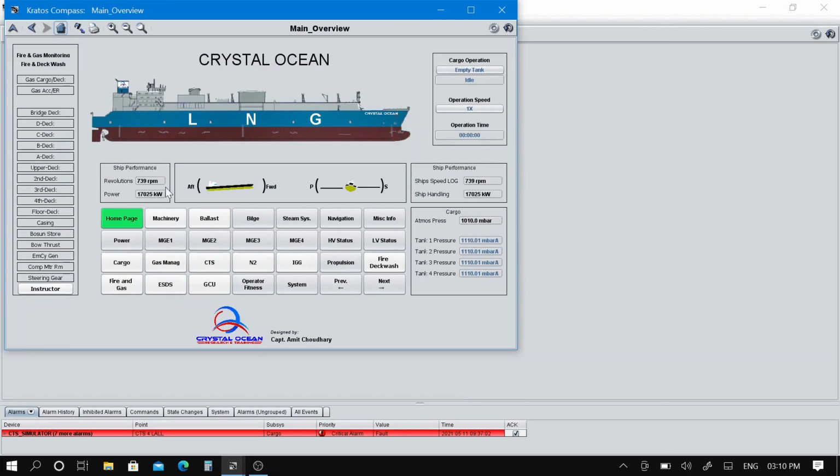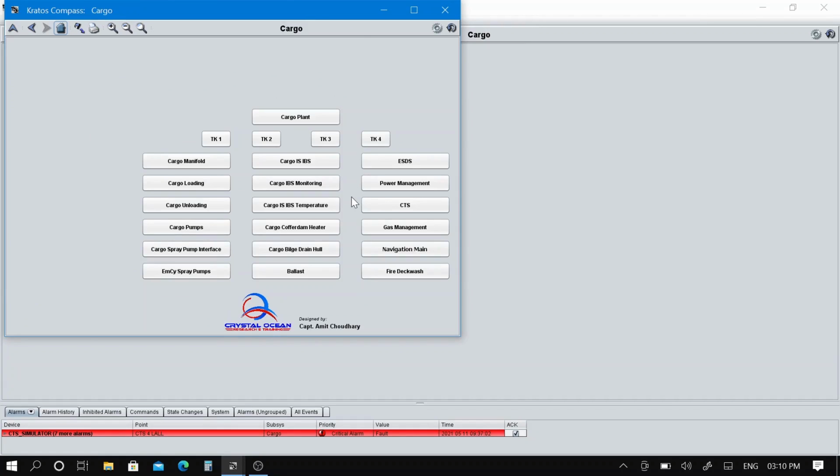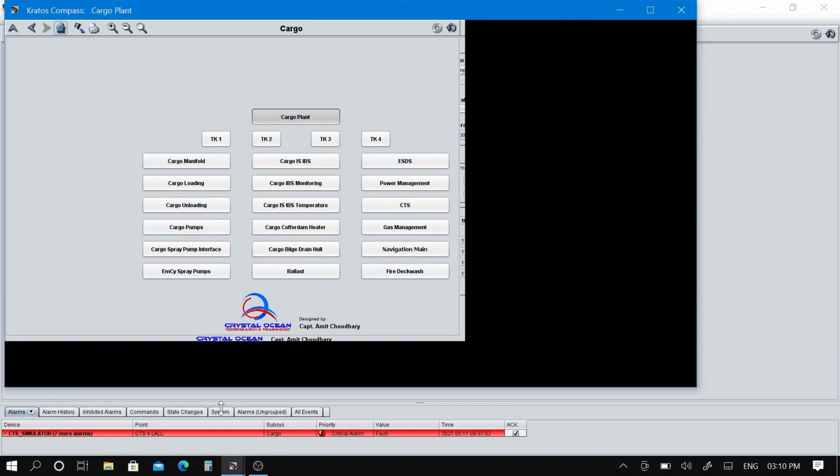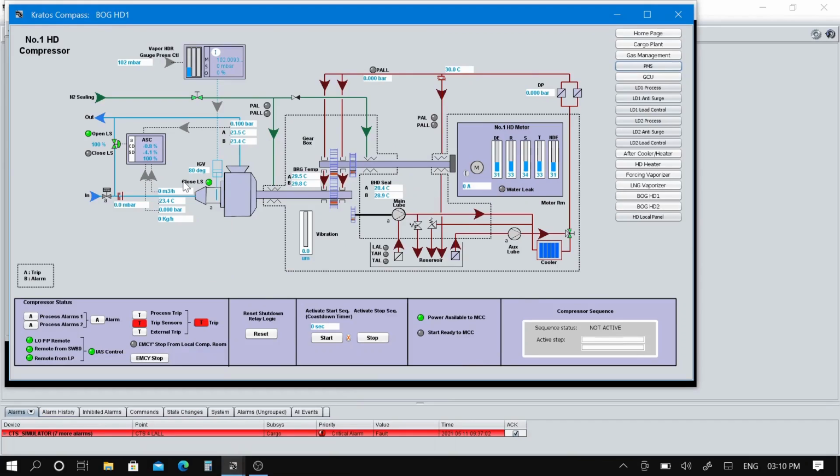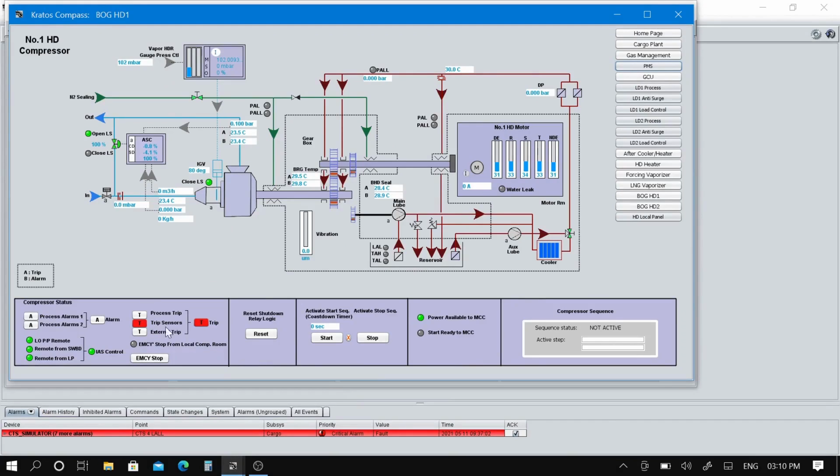So now I can come back, or you can check from here that the trip is still there.